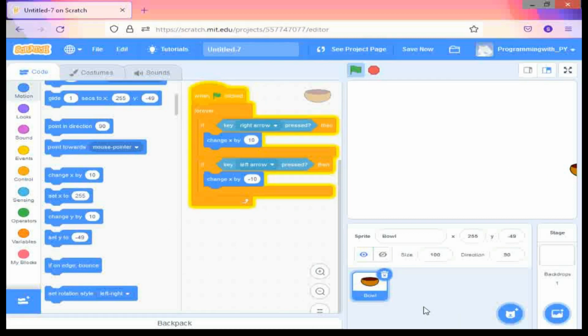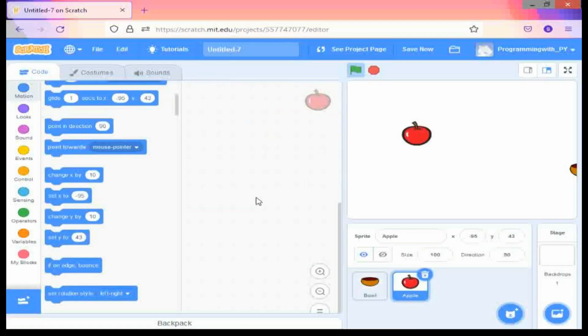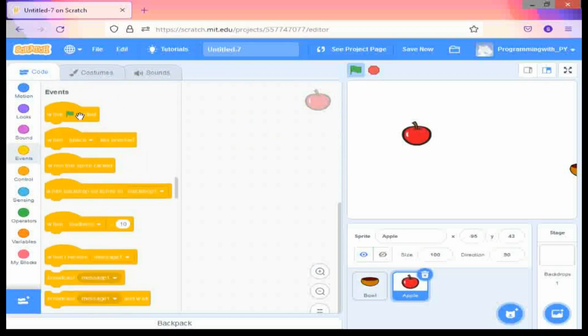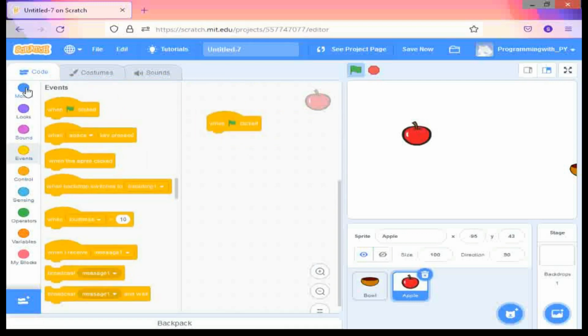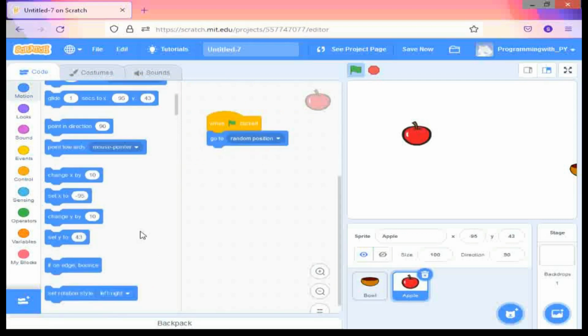Now we have to open a new sprite of an apple. You can take ball also, but I'm taking apple only. So after taking apple, go to event, when click, then go to motion, go to random position, take this, then scroll down, set y to 180, 180. Then